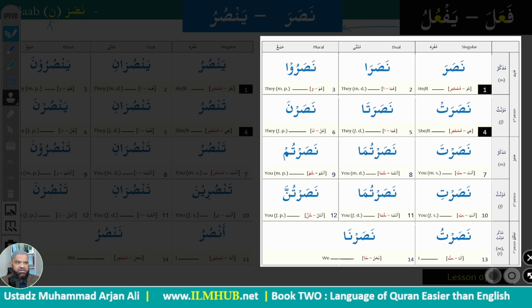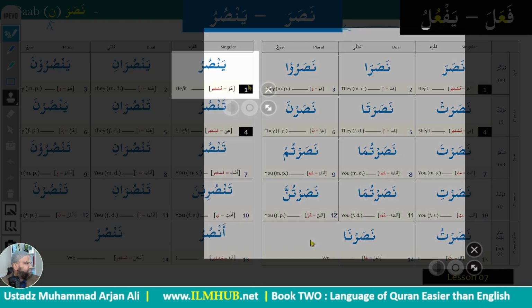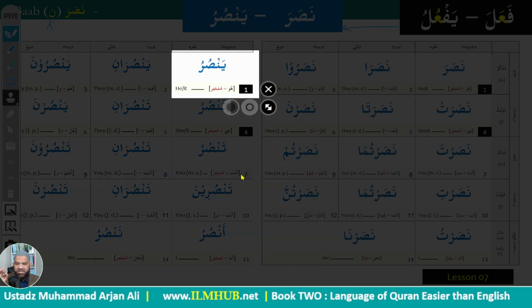We can see here, all the way through, the middle root letter taking a fatha: nasara, and all the way through. Any verb that follows the madi will be on this scale, and any verb that follows the mudari will be in the scale that we will look at now. So all verbs will take the second root letter in the mudari as dhamma and in the madi as fatha, as we've seen, and this pattern will be called Baab nasara, and therefore we're going to have the mudari as yansuru,